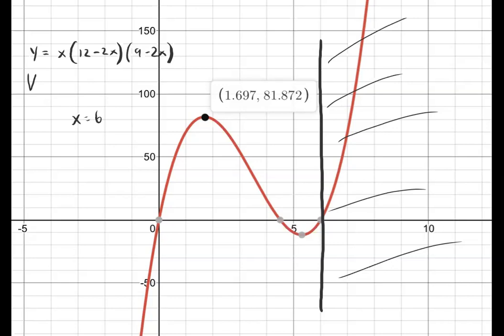So that's impossible. So that means that we just have to find the maximum between 0 and 6. Well, actually, between 0 and 4.5, since if you set that equal to 0, then our x is just like 4.5. But basically, you just want to find the maximum. When you graph it, you'll just